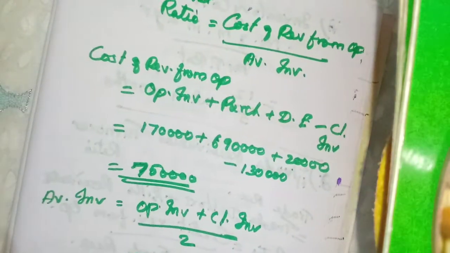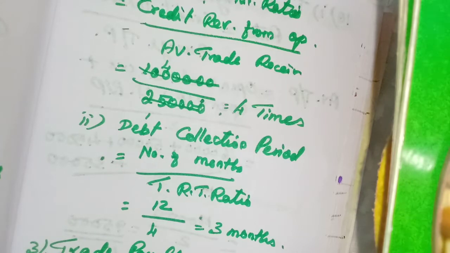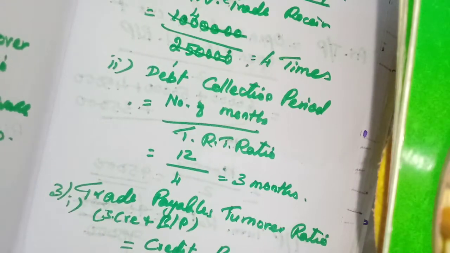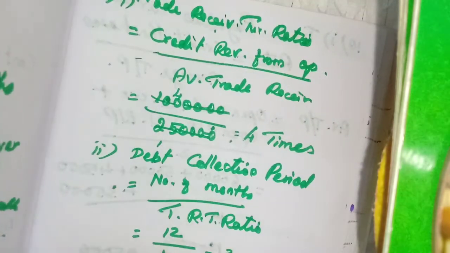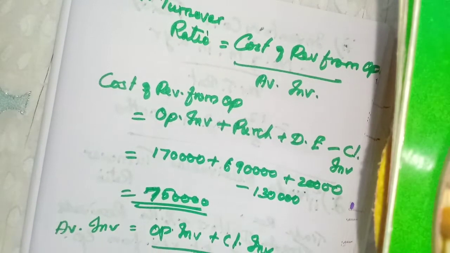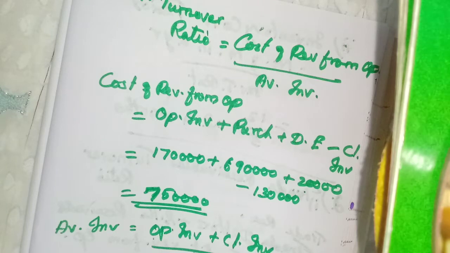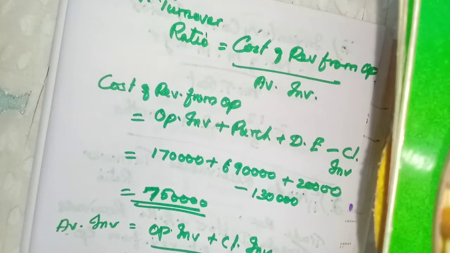You see, the second one, trade receivables, we are writing the average trade receivables down. In the same way, for all the ratios, the first word, inventory, down we are writing the average inventory. Then for the trade receivables ratio, down we write average trade receivables. For the trade payables turnover ratio, we are writing average trade payables. Then for the fixed assets turnover ratio, we are writing average fixed assets. Okay, so down what we are writing, you are very clear.